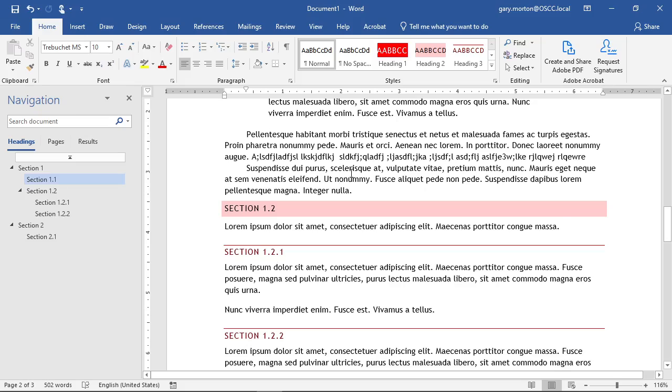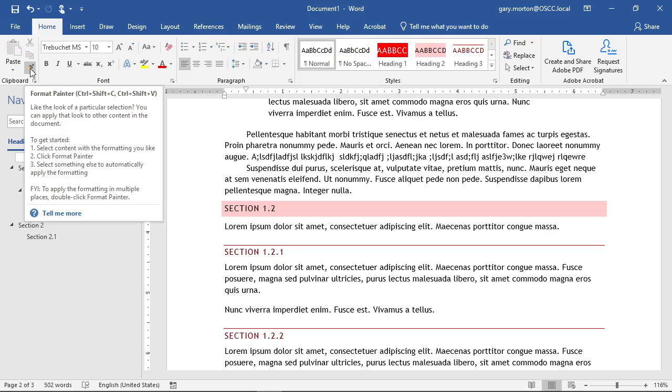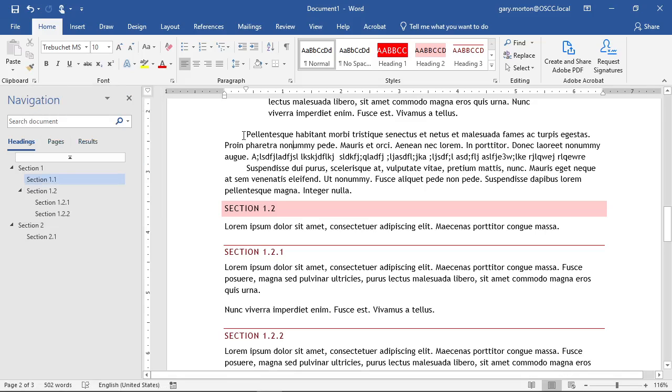If I needed to, for some reason, scroll through and copy the formatting from this one to a bunch of different ones, and they were all just individuals, if I click back again in the paragraph that I want to copy from, this time if I click twice on the Format Painter,